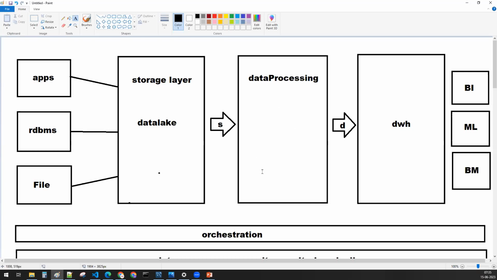So where can I do the data processing? Okay, and which tool can I use as a data warehouse? Which tool will I be using as a BI? So that is where the Google Cloud Platform comes in. So Google Cloud Platform is something, for example, when you have data engineering with the Google Cloud